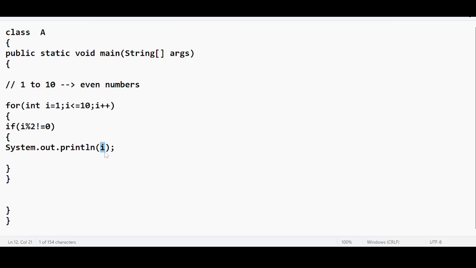Right? So these are just the basic problems. Okay, in tomorrow's class